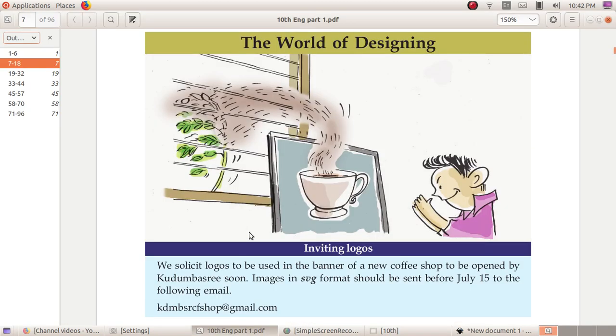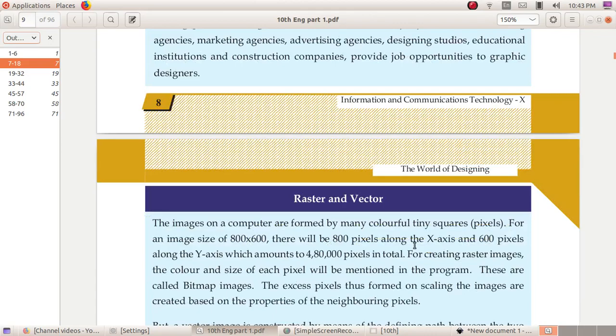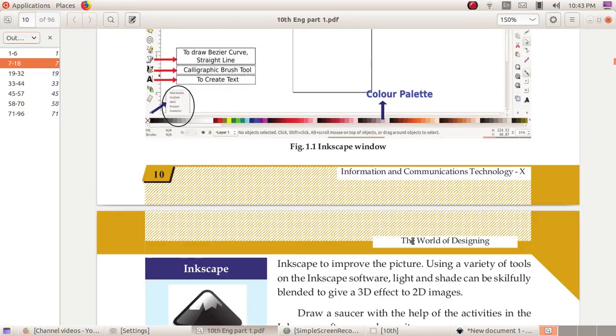In your chapter there is a logo. We want to create a logo to be used in the banner of a new coffee shop to be opened by Kudumbashree. Okay, we are going to create a logo. It consists of a cup and saucer.